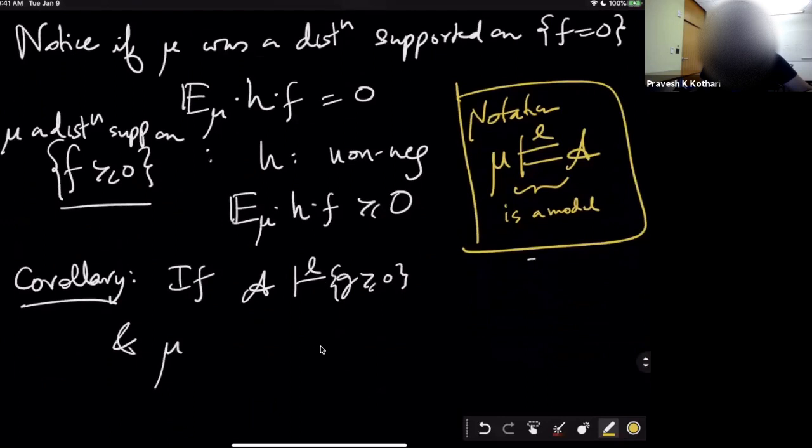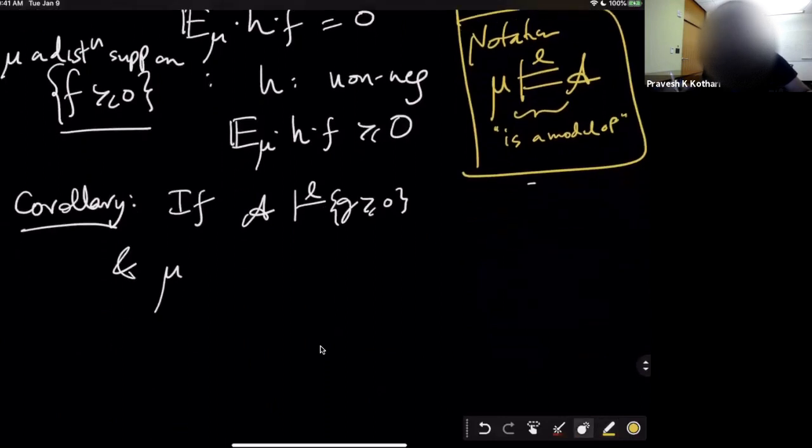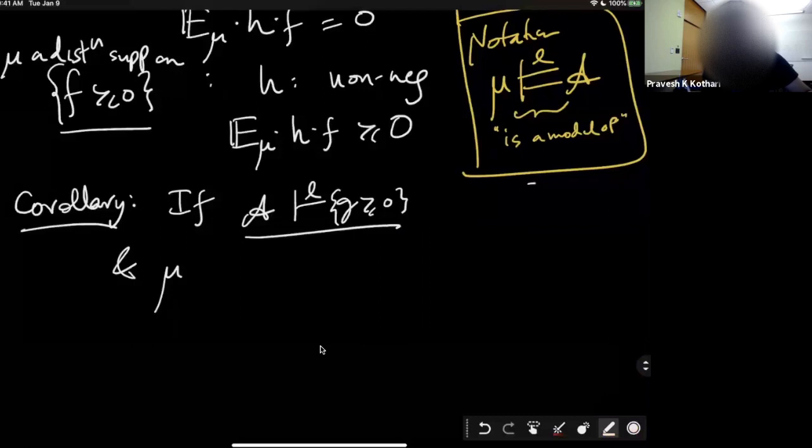Formally the symbol means is a model of, but we are going to just read it as mu satisfies A at degree L. So we're going to ignore all details of logic. And so now imagine that A derives G bigger than or equal to 0 in degree L, and mu satisfies A at degree L, then